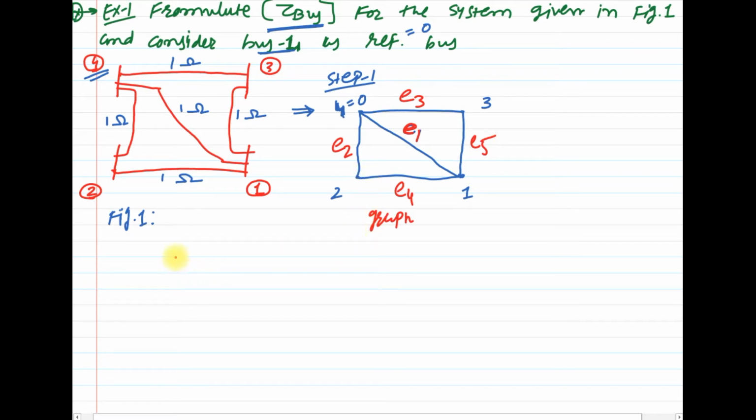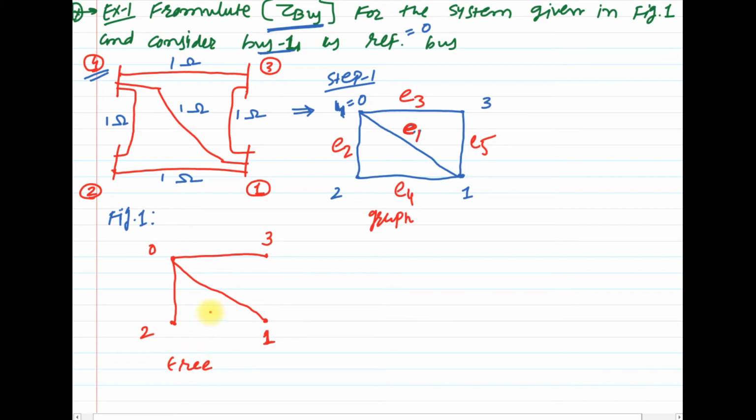Now the next, you have to draw the tree and co-tree from your graph. So yes, what is the condition for the graph, tree? It is all nodes should be considered and no closed path formed by the network. Okay, so just follow that condition and draw the tree. So let me draw the tree for this network. I can draw, yes, you can draw any of the possible tree for this network. Here I have drawn such kind of diagram for the tree.